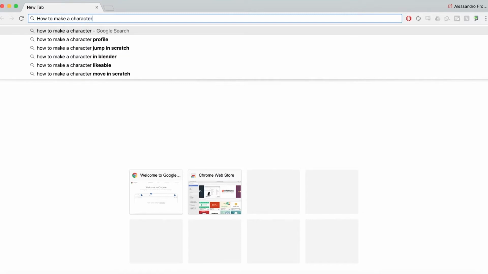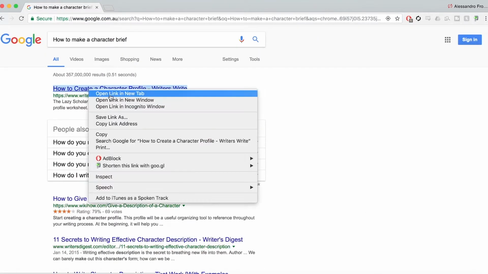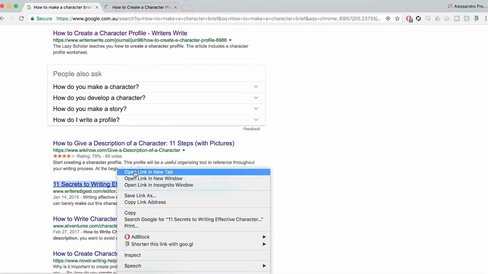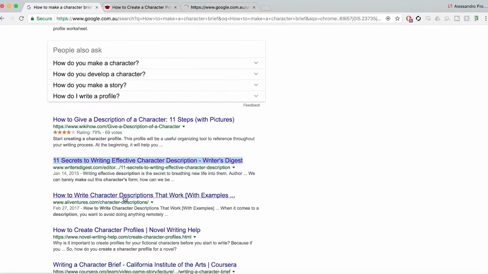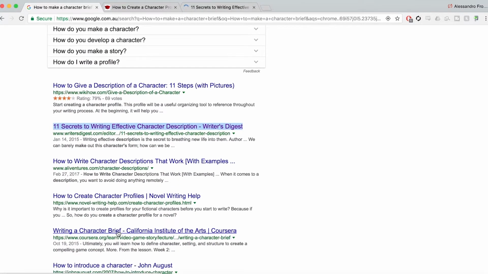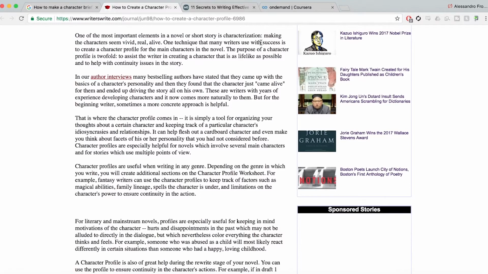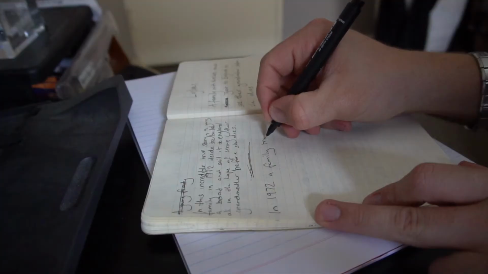You're never going to know how to do something until you learn it. So if someone's not going to show you how to do it, you're going to have to find a way for yourself. We have obviously the ability to Google. I Google everything. So I Googled how to create a character brief, as you can see now. I Googled how to write a logline, and then you find examples, you find ways that you can do that. For example, with my character brief, I decided to focus on their attributes, their goals, what they want within the family, and things like that. It was something that I found from maybe 4 or 5 different articles and was able to mix them all together.